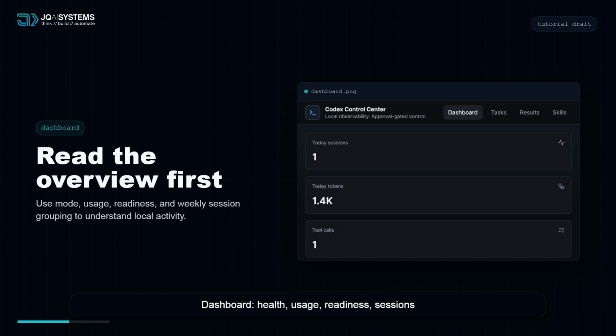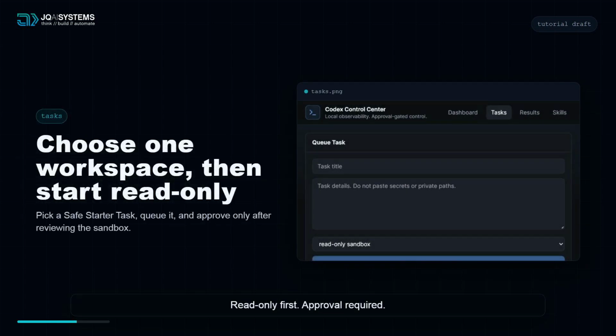For the first workflow, open tasks. Register only the folder you want Codex to inspect. The app stores the real folder path locally, but the interface shows safe labels instead of full paths. Choose a safe starter task, such as full safe audit or summarize public files. These templates give beginners a safe starting point and remind the task not to read secrets, raw logs, private prompts,